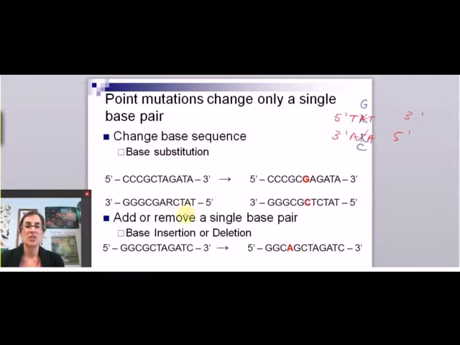Additions and deletions are the adding or removing of a base pair. So the best way to look for these when you're looking at sequences is to make sure you make groups of 3. So if I go ahead and divide the before and after sequences into groups of 3,